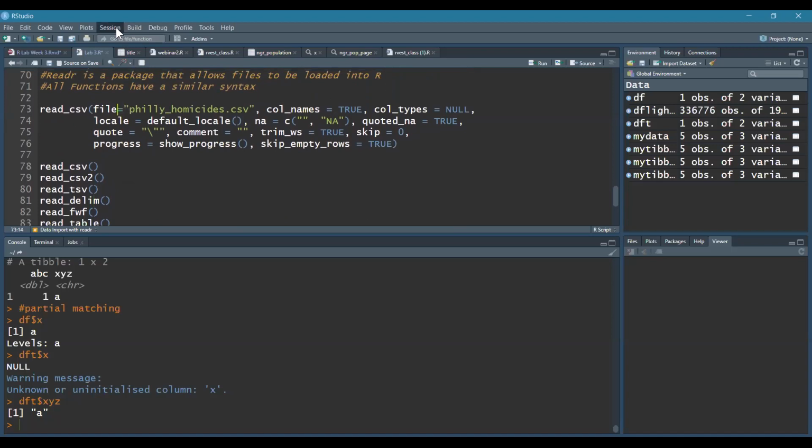Now, the first thing you need to do is to set your working directory. The working directory is the folder where you want your files to be stored, where you want R to look for the file you're going to pick. So to do that, there are two ways. One way is to just click